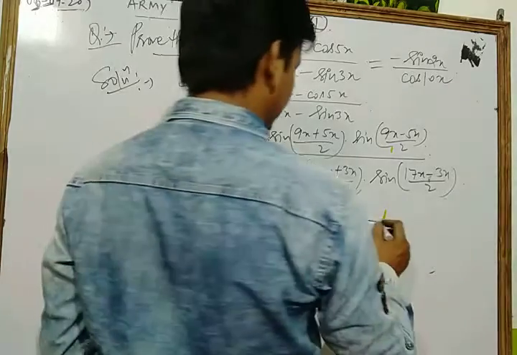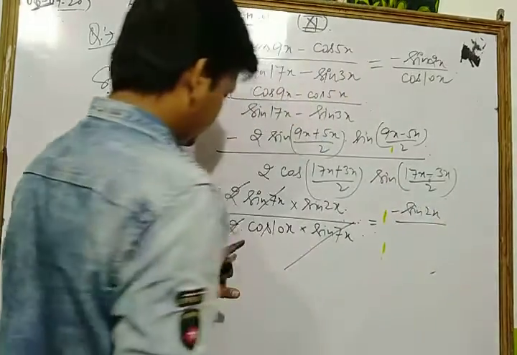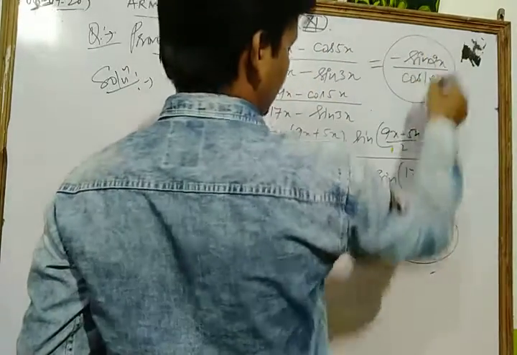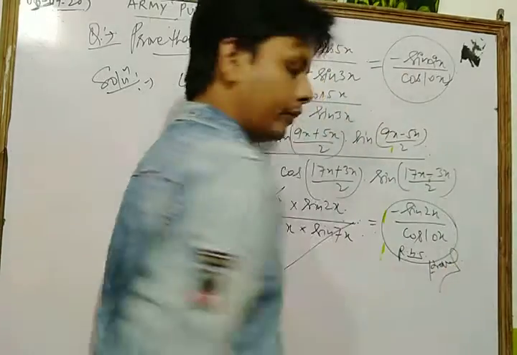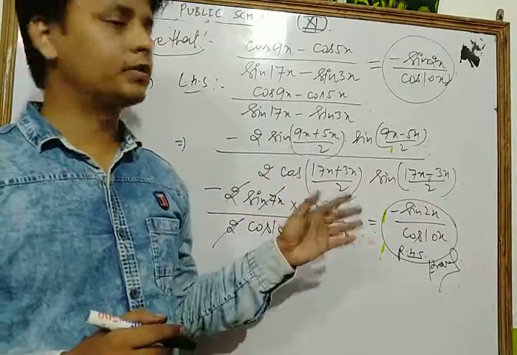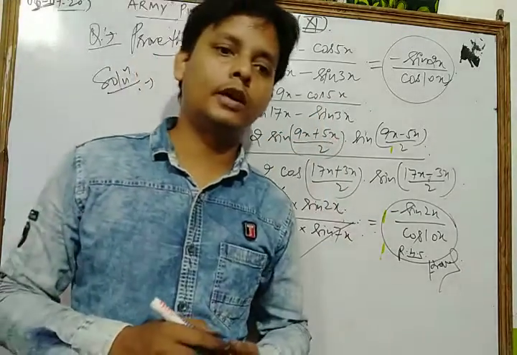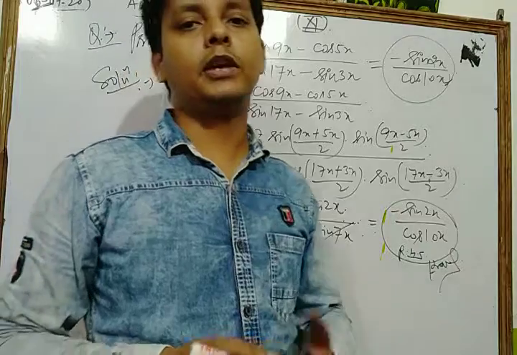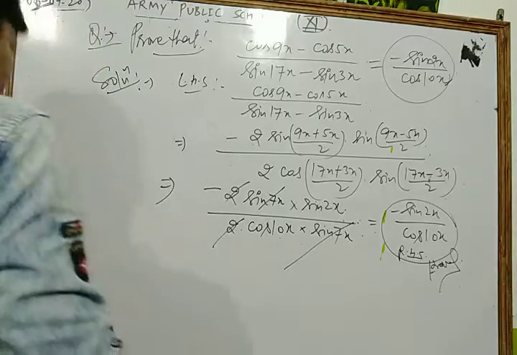Then what is left in that question? Minus sin 2x upon cos 10x. This is our result, that is RHS. Hence this is RHS, hence proved. Okay, so dear students, we solved this. You can solve all the questions of your NCERT exercise based on the formulas sin c plus sin d, cos c plus cos d, sin c minus sin d, or cos c minus cos d in that way. Okay, now let's see some basic questions based on these identities.